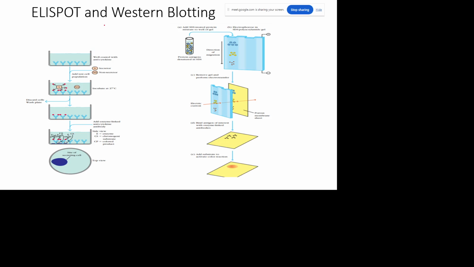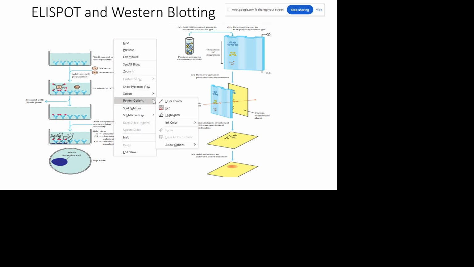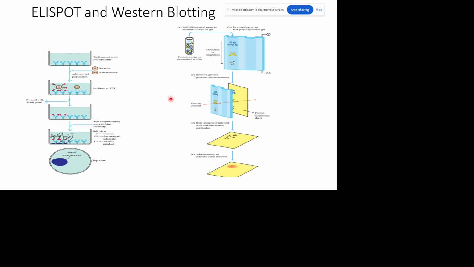So the next is the ELISpot assay. In an ELISpot assay, you can locate the position of a cell which is secreting some cytokines, right? So here the motto is to find out the location of the cells which are secreting, for example, cytokines. So here in this ELISA well plate,